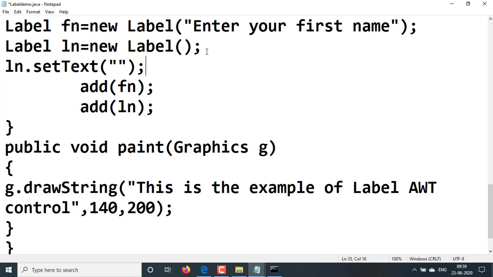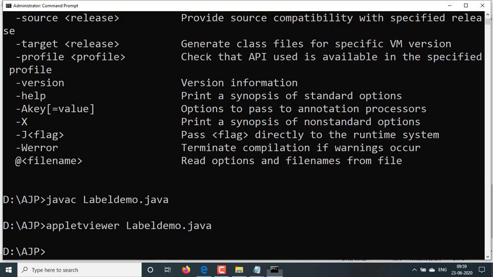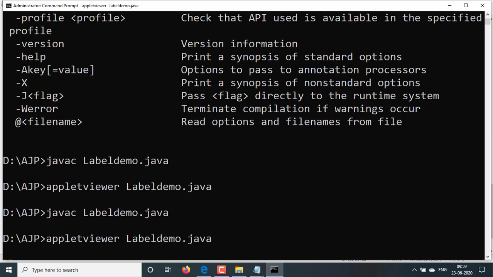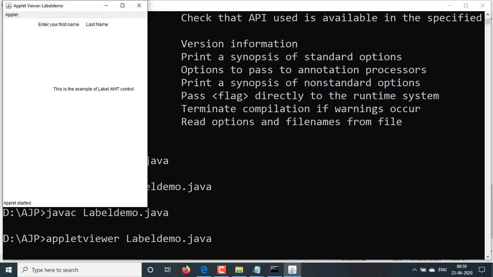Here you can write the message, what is the label of that label control, last name. Control S, and after this you can recompile this program, then run this program. See that last name, enter your first name.